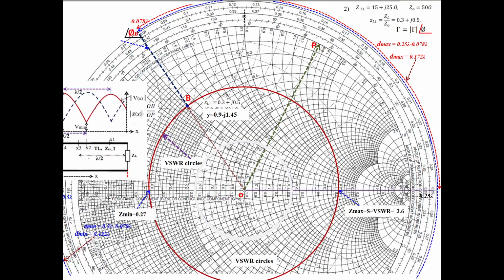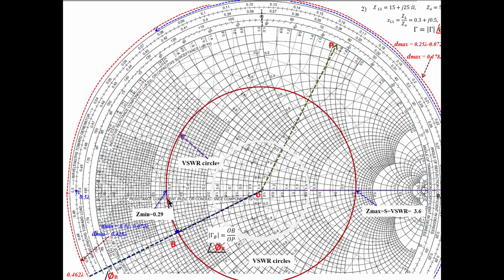In the previous examples, as you move, we first came across maxima, then minima. But in the present example, we first come across a minima, then we come to the maximum value. So the maxima distance is from here up to this, which you should measure. I already told how to measure the distance. And for the minima distance, you start from here and stop wherever it intersects the left side of the Smith chart and the horizontal axis. Stop here. You read the impedance here, and that is the minimum position.